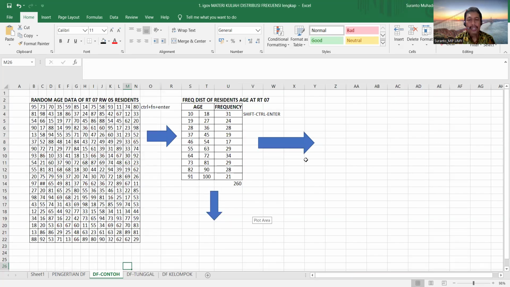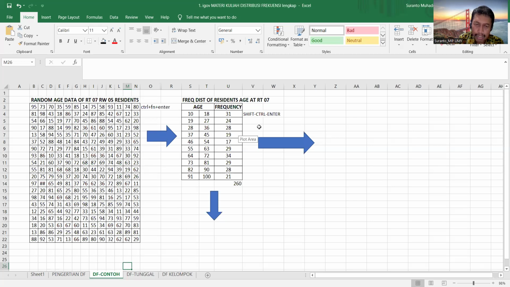Now we will give you an example of how to make the data display based on this data and the frequency distribution. First, we want to make it into a bar chart.